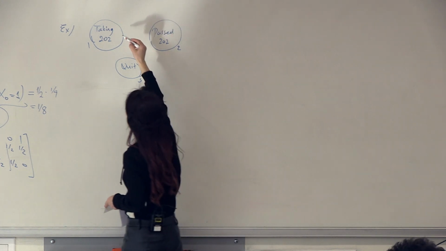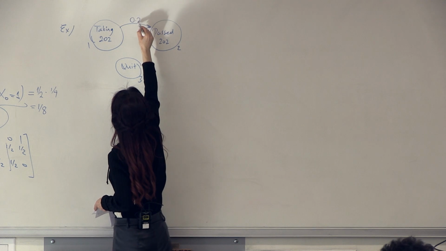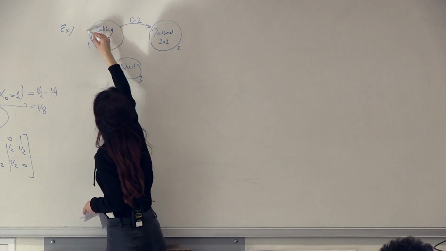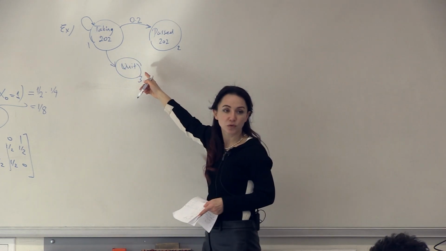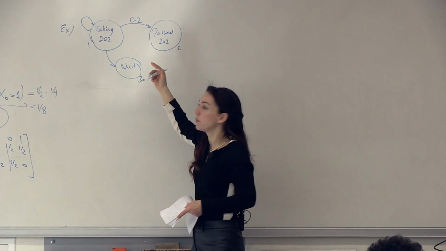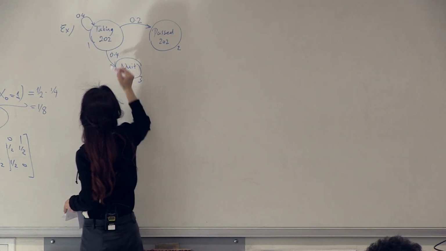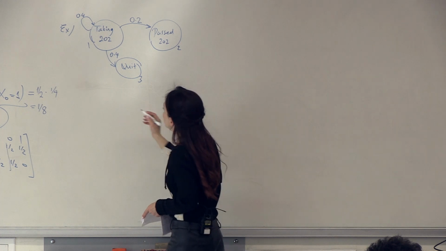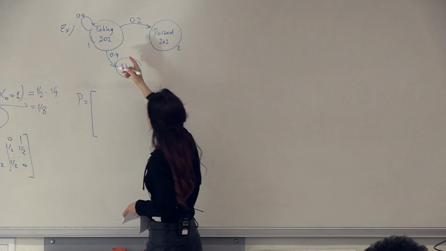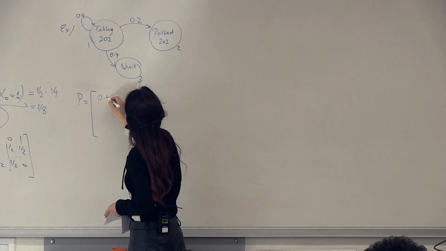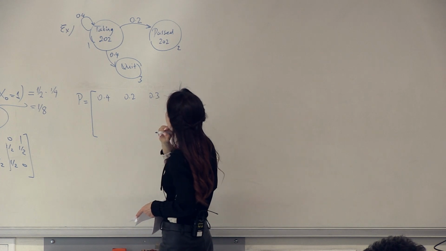From state 1, I go to state 2 with probability 0.2. From 1, I go back to 1, or to 3 with equal probability. So those should be 0.4 and 0.4. Let me draw my transition probability matrix. From 1 to 1, it's 0.4, 1 to 2, 0.2, 1 to 3, 0.3. Sorry,